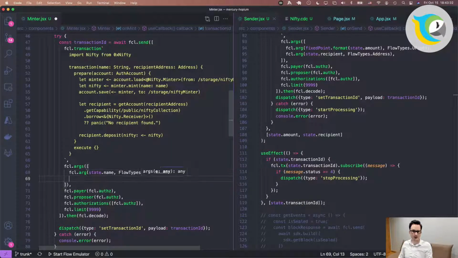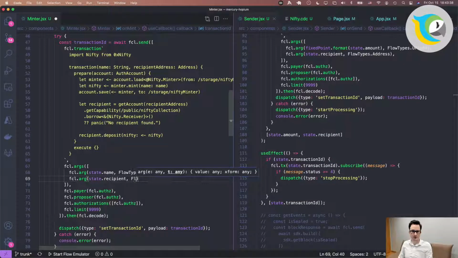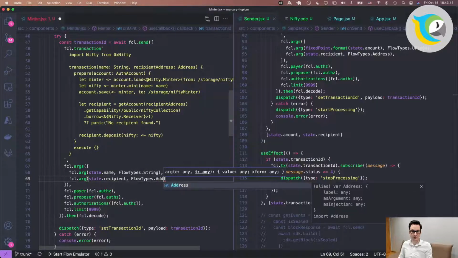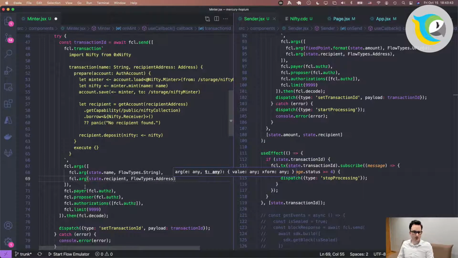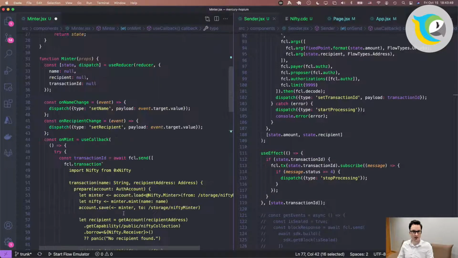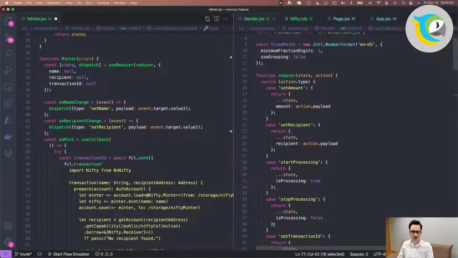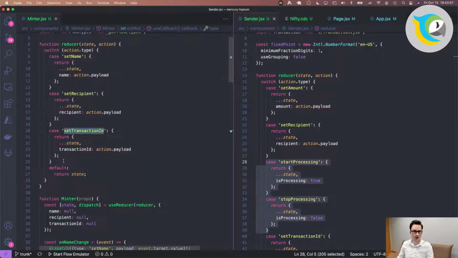And then the second argument is fcl.arg, and it's recipient, and this time it's address. I believe that should do it. And then we set the transaction ID to something. Oh, and let's go ahead and copy this where we start and stop processing things.